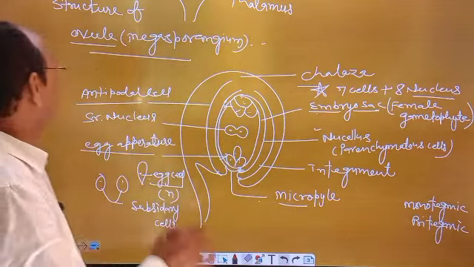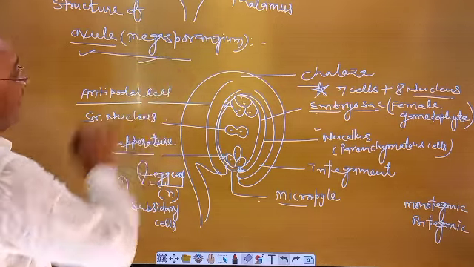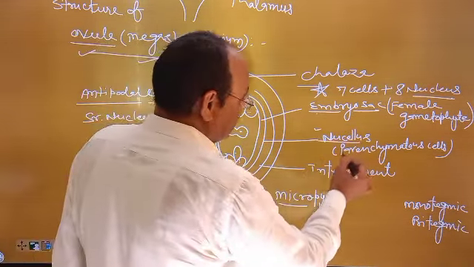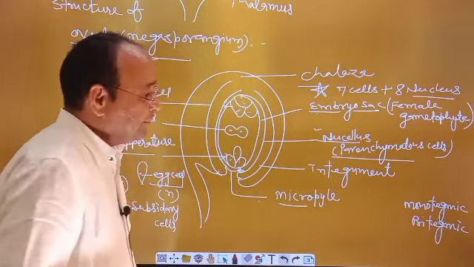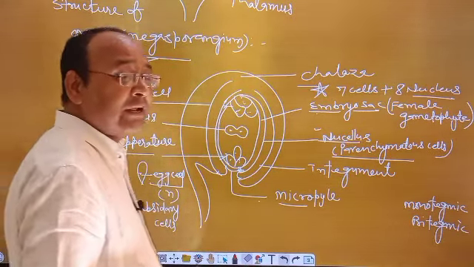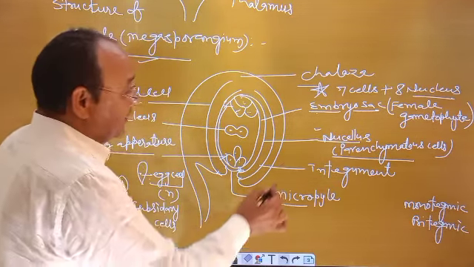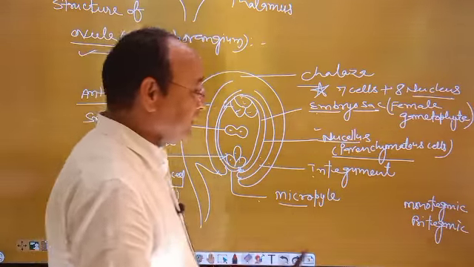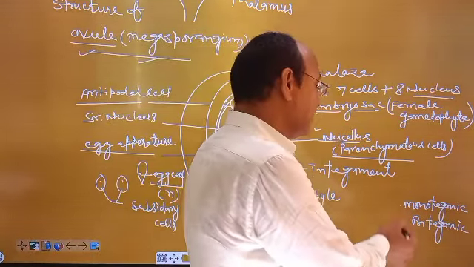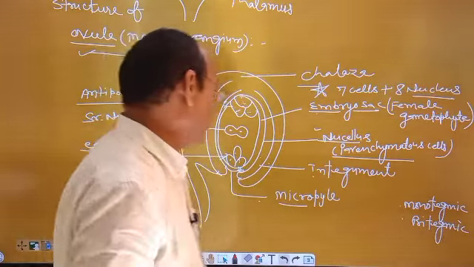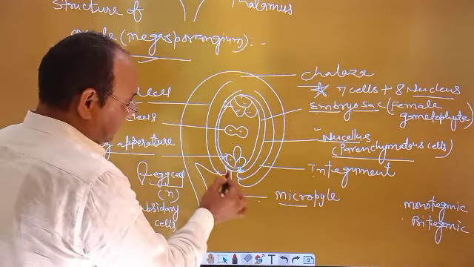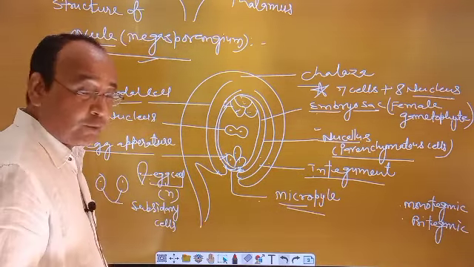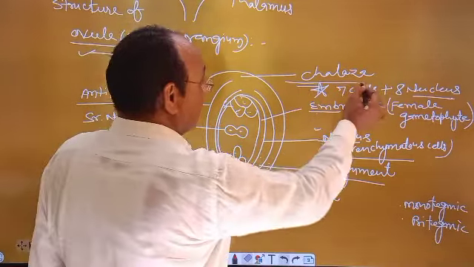Is that clear? Now again, structure of ovule or megasporangium. First layer is called nucellus, made up of parenchymatous cells, in which cell division is present. Nucellus is surrounded by integument, 1 or 2. If one integument is present, this type of ovule is called monotegmic. If two are present, then it is called bitegmic. The remaining part of nucellus which is not covered by integument is called micropyle, and the opposite part of micropyle is called chalaza.